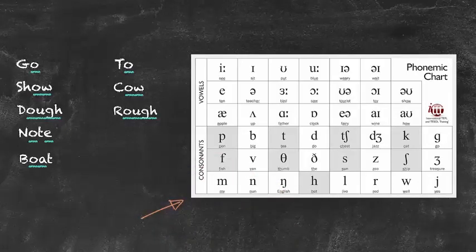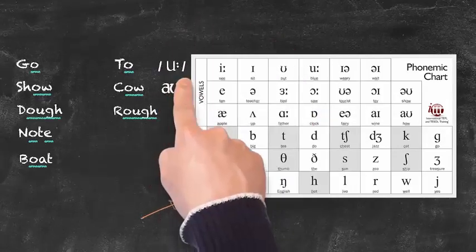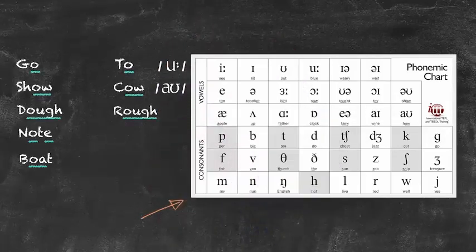Now we have, as mentioned, one symbol being used in all the words which share that same sound. Once we get a little bit more familiar with our phonemic alphabet, we can also show how different our different sounds can be, as in this symbol for oo, this symbol for ow, and this symbol for